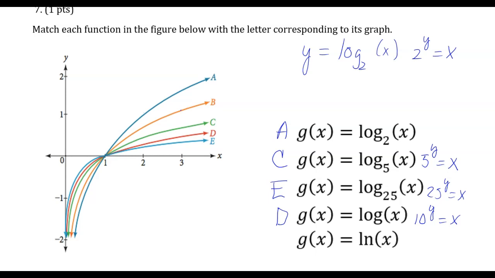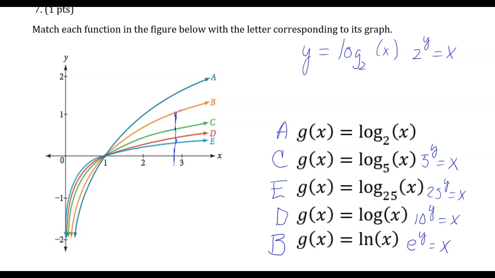This is natural log because there's no base written, but it has ln. That means e to the y power is equal to x, which must mean that when y is 1, my x value is e. Remember, e is very close to 3. And on this graph right here on the orange, you can see that when y is 1, it is very close to 3. In fact, it looks like it's at 2.7, which is e, or about e. That makes this one choice B. Let's move on to the next